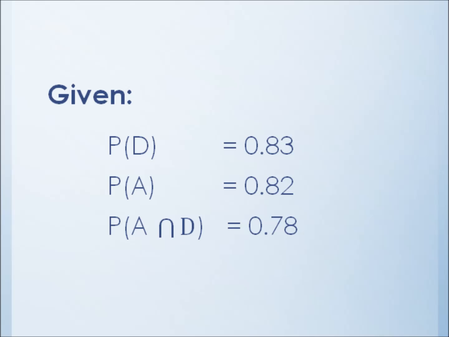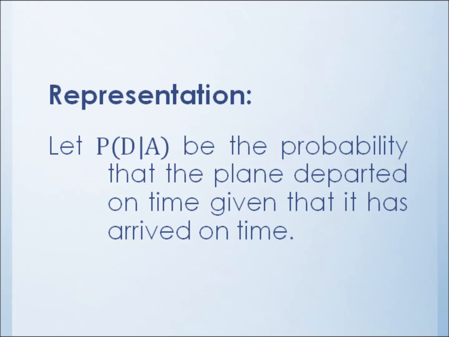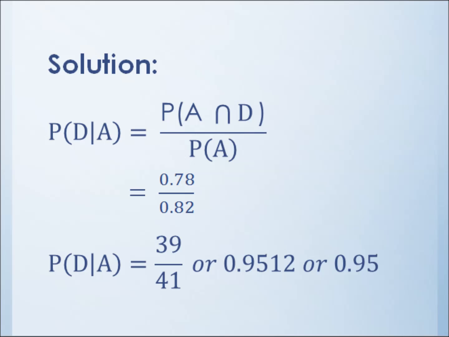Let us make the representation for the second problem. We let the probability of D given A be the probability that the plane departed on time given that it has arrived on time. And now let's have our solution. The probability of D given A is equal to the probability of the intersection of A and D over the probability of A. By substitution, we have 0.78 over 0.82, which is equal to 39 over 41 or